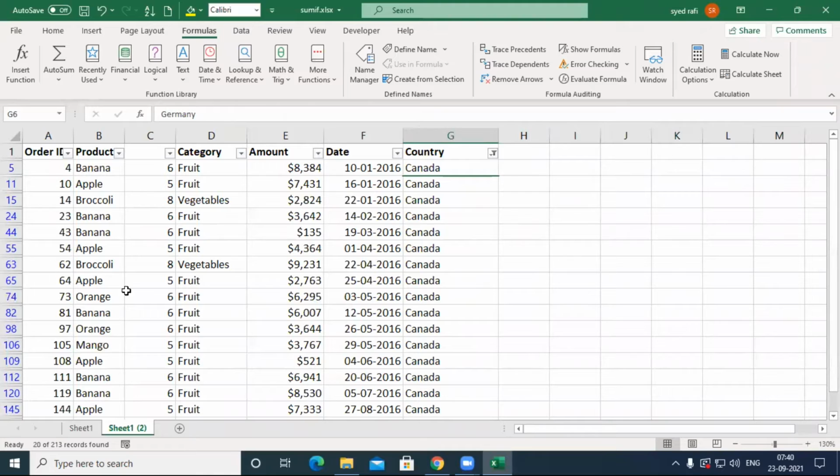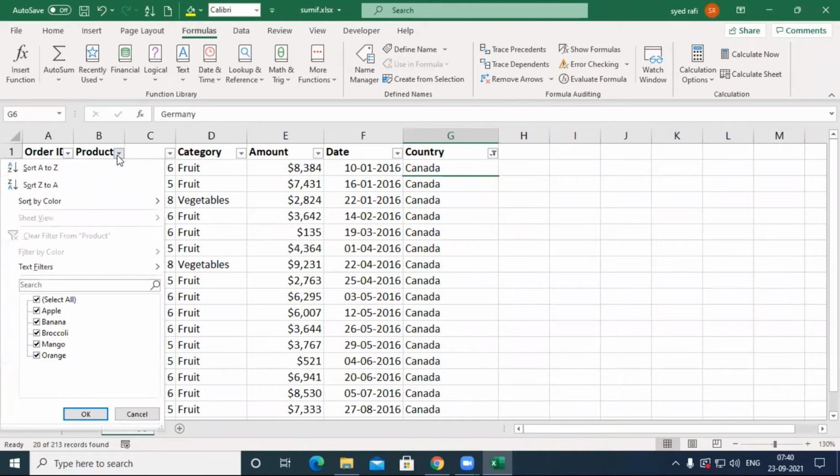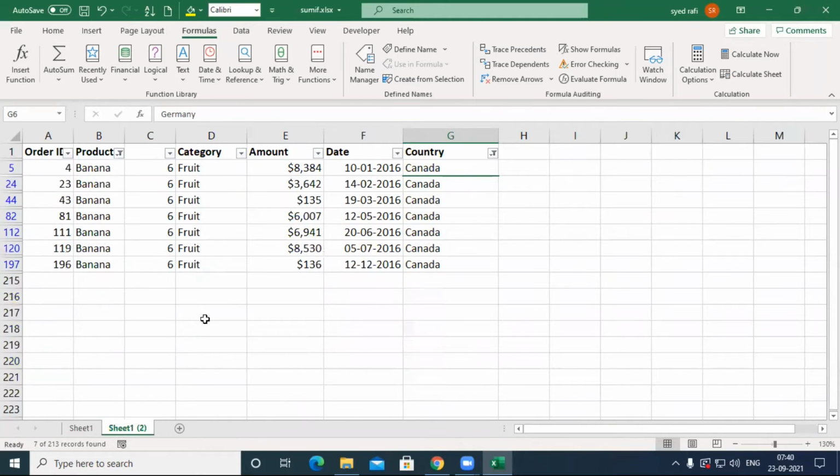In Canada, they sold so many products, but I need to check only banana. That's why I remove all these and select banana and say okay. Now you can count this. Here it displays 7. The country must be Canada and the product must be banana.